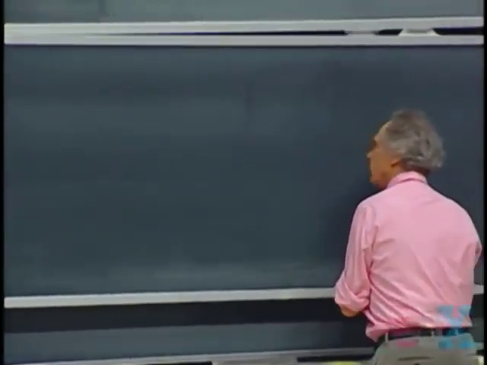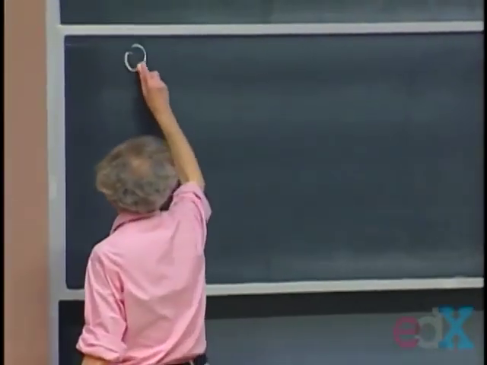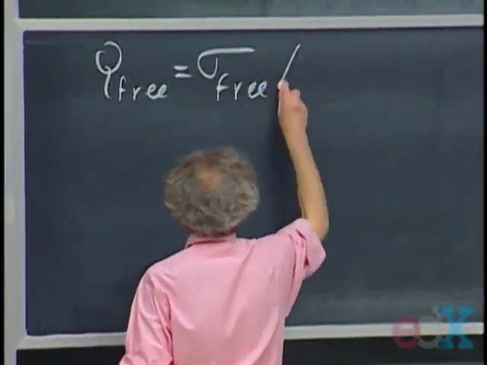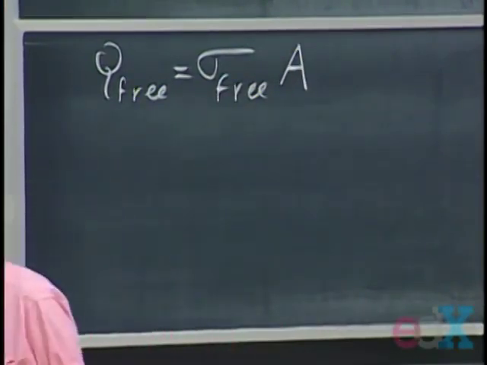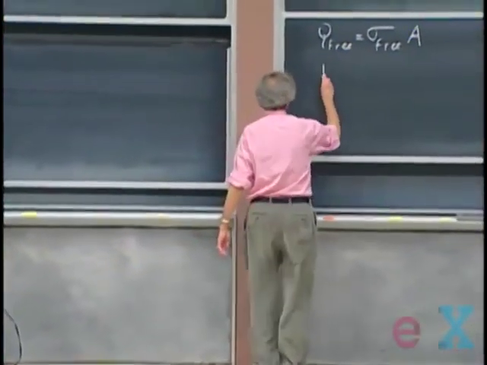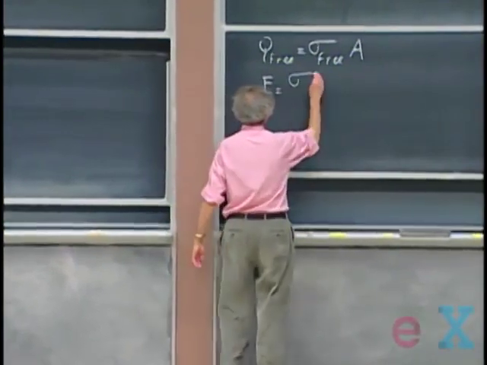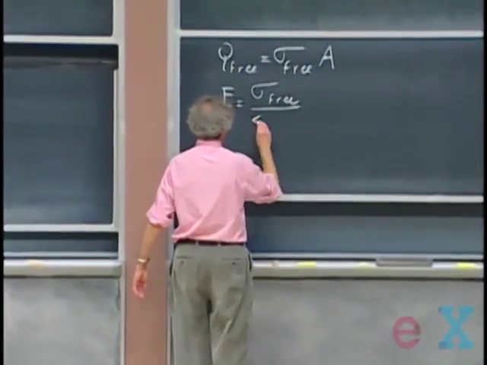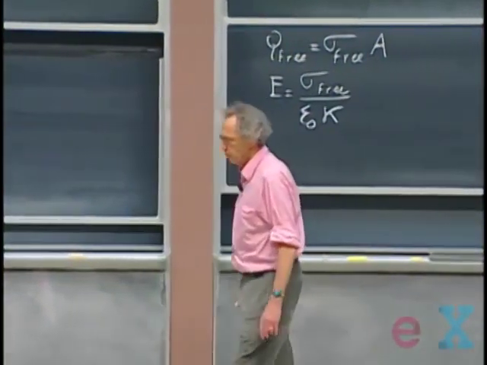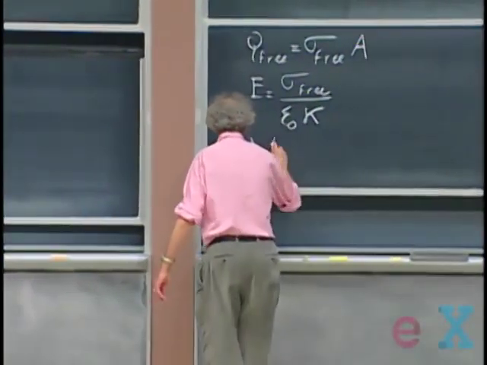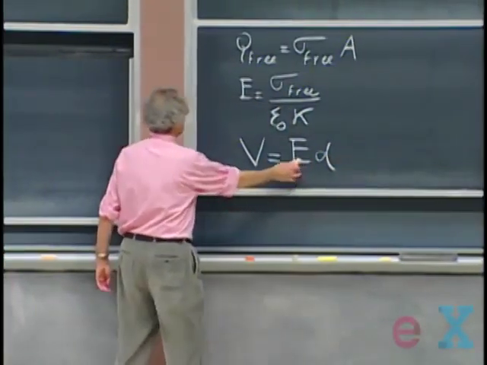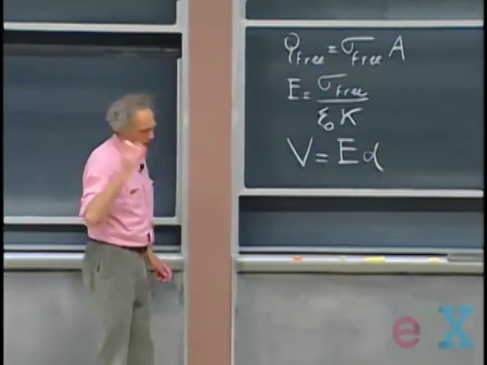The free charge that I have, Q free, is obviously sigma free times the area. I mean, that is the definition of surface charge density. So I can trust that one. The electric field between the plates is sigma free divided by epsilon 0, but now I get a kappa there if we have a dielectric. The potential difference between the plates is E d, provided I know the E. It's always E d. We just had that in our previous problem.